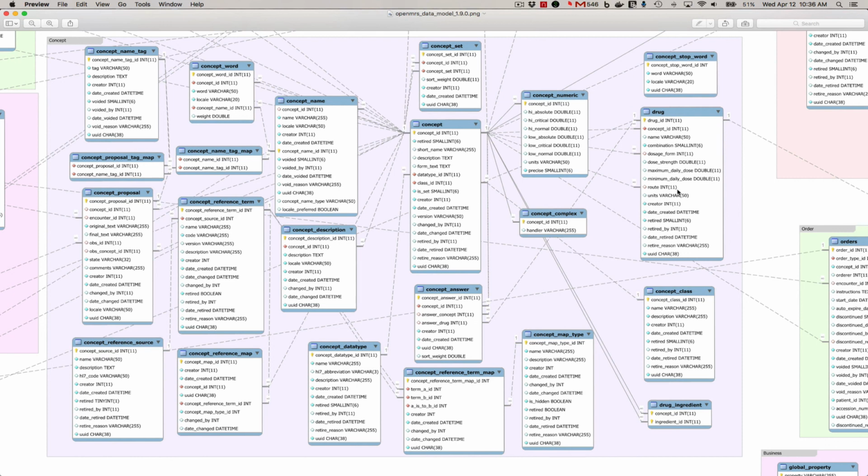And the reason it's important in a medical record system is that a provider would come and say, I want to give ampicillin, and we want to be able to tell them, okay, well, you can give the 500 milligram tab or the 250 milligram tab. So having these data available within the system is very helpful in terms of that interaction. I don't know if I'm answering your question, but